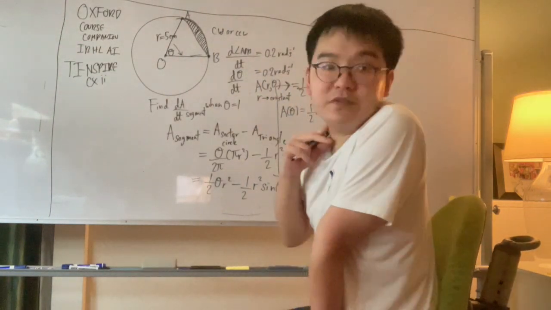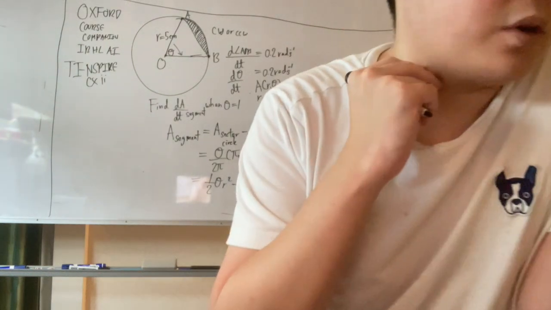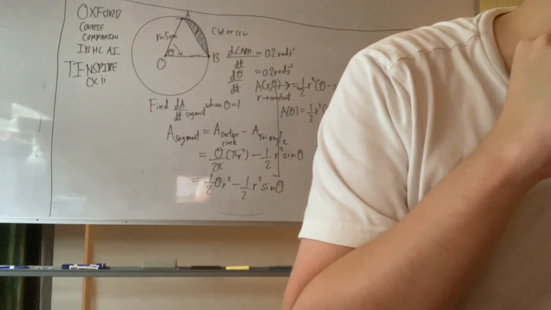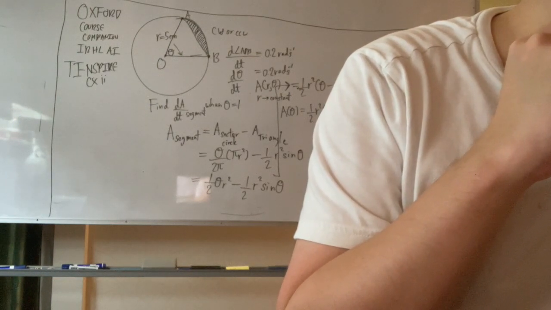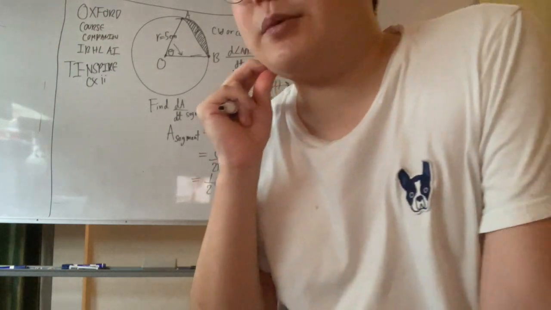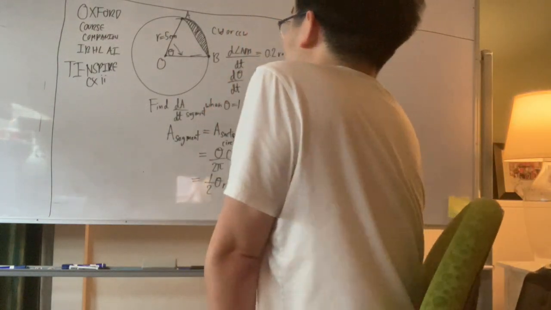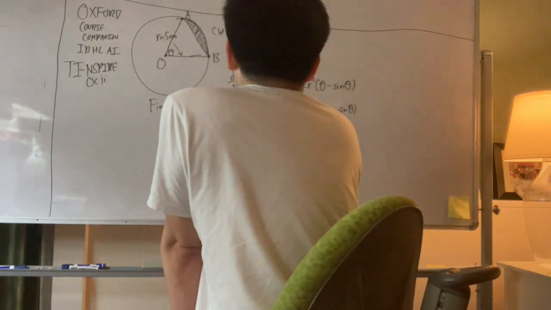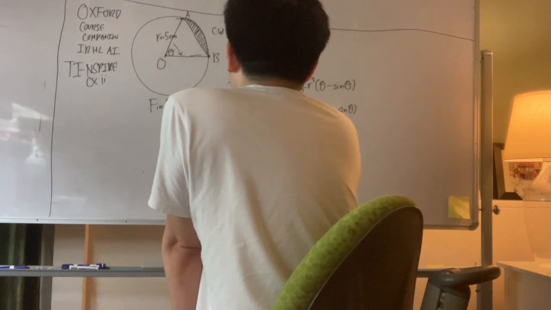Let me just check, we're only assuming that the angle is changing. Yes, it's a circle with radius 5 centimeters, and that circle is not changing. I'm going to assume that the circle just remains constant in time. Yeah, okay. So if you have to do the derivative of this thing,